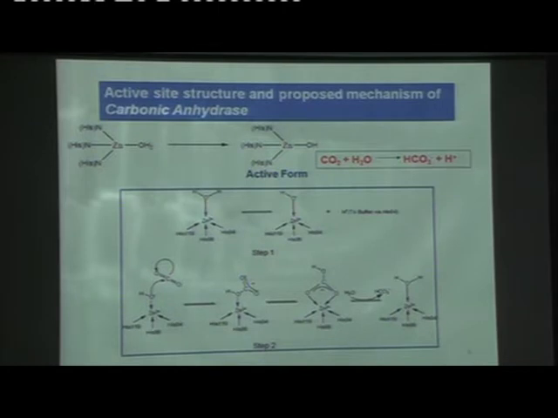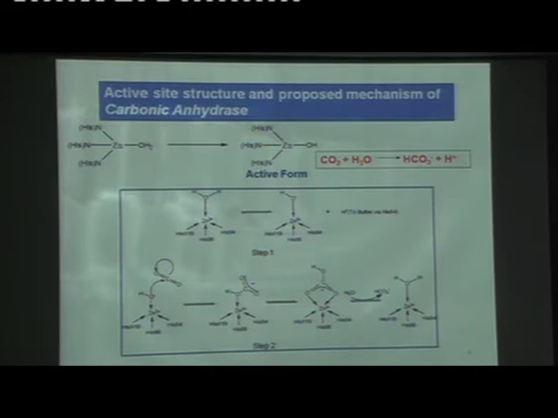How does it work? The zinc ion is coordinated by 3 histidines and 1 water. With these histidines, the water becomes OH. As I told you, zinc pulls a lot of electron density. In the process, the OH bond becomes weak and you have hydroxide. That is the metal coordinated nucleophile. That is the active form. And your reaction is this: CO2 should be processed to form H2CO3, but H2CO3 is also not soluble. So H2CO3 should be deprotonated to generate bicarbonate ion, which is soluble at physiological pH 7.